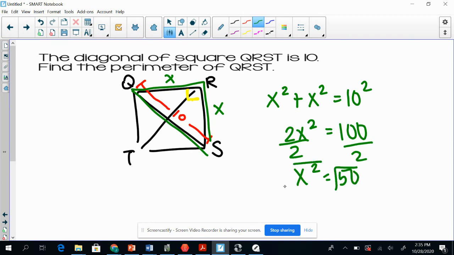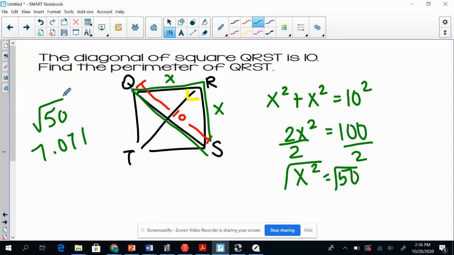And then I'm going to take the square root, and then the square root of 50, again, is going to be an ugly number, so the square root of 50, this could be your answer. The square root of 50 is the length of each side, which we're not done yet, but square root of 50, if I was to write it as a decimal, it's 7.071. I would leave it as a square root of 50 to answer this question, though, because it says find